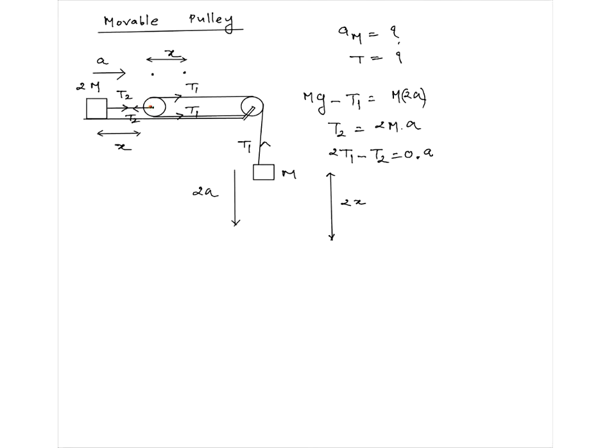This is not a rod fixed to the surface, but a string connected to a block which can move. This pulley is fixed. There is a support here, connected to the surface. This pulley cannot move. Then this block